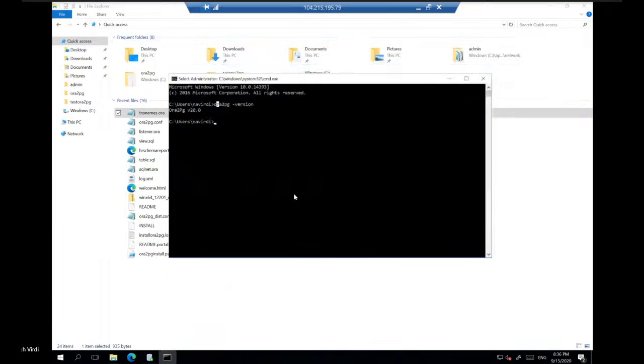Now, once you've made these changes in the Ora2Pg configuration file, the next thing we will do is test the connectivity. Ora2Pg gives you a type where you can say show_version, and this will actually connect to the Oracle database and show what version it is running. This gives you some confidence that you can connect to the Oracle database.